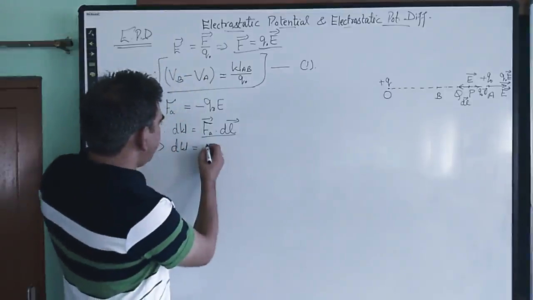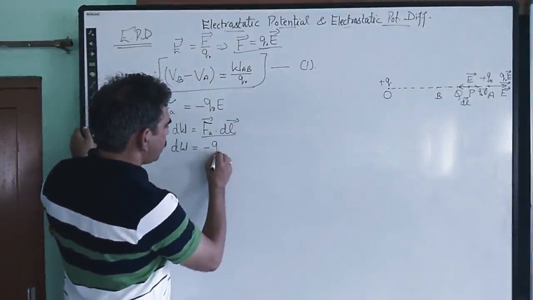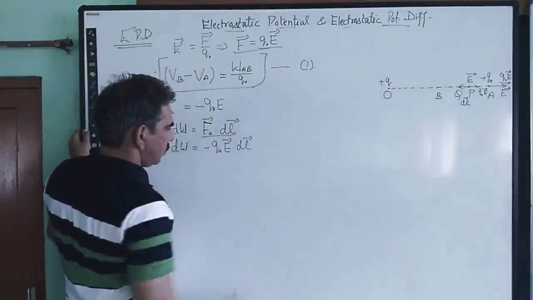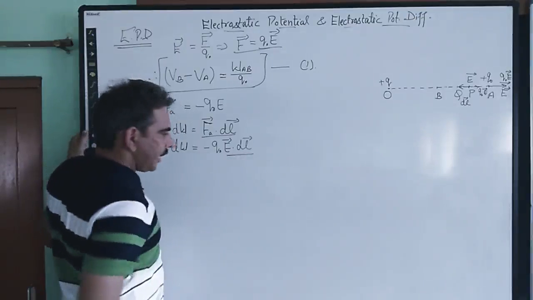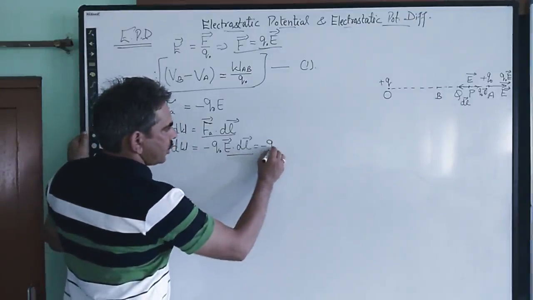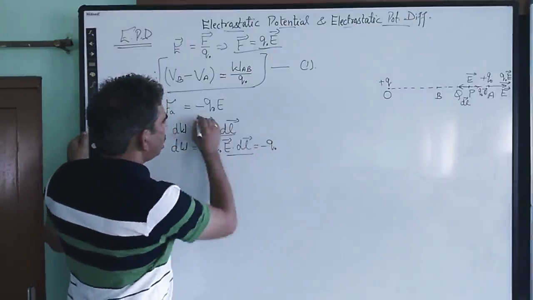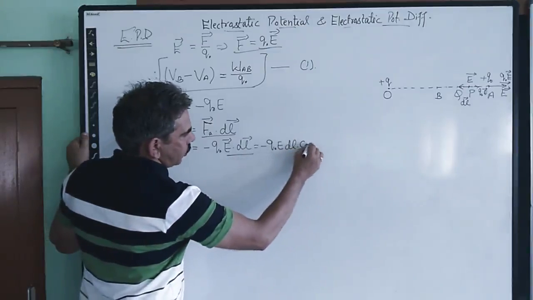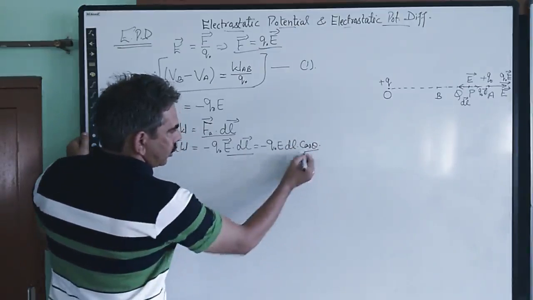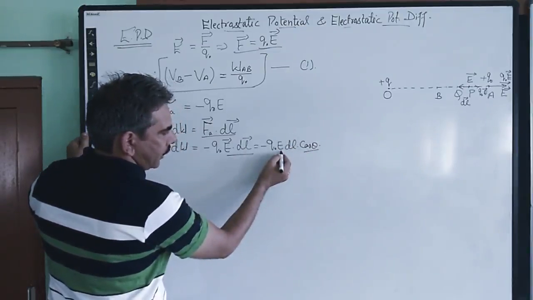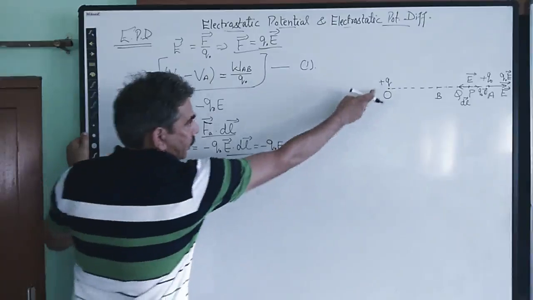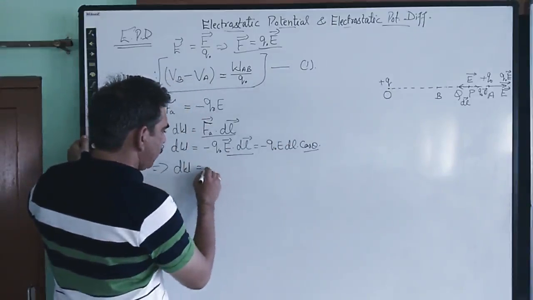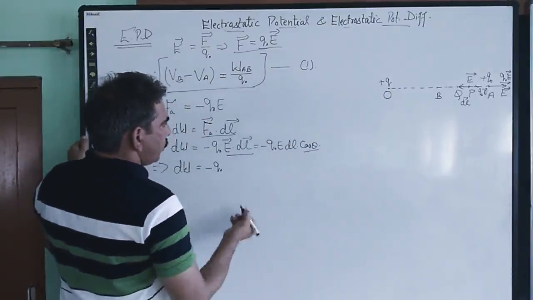So the value of FA is minus Q naught into E dot dl. We write the magnitude of this term, which is equal to minus Q naught into E, let it be E at here, into dl into cos of theta. So we calculate cos theta and substitute the value of electric field due to the charge Q. From here, this amount of work done takes the form minus Q naught into,